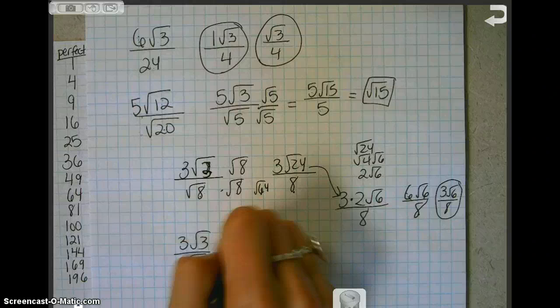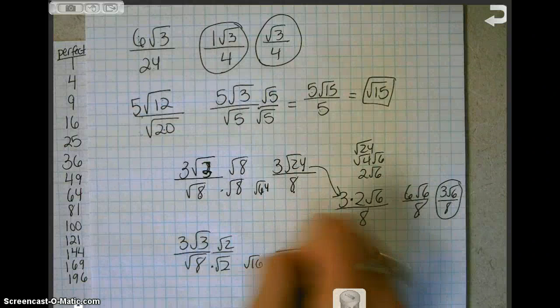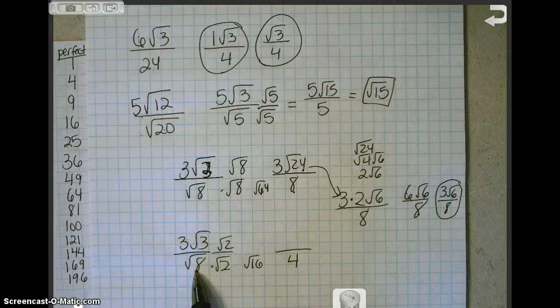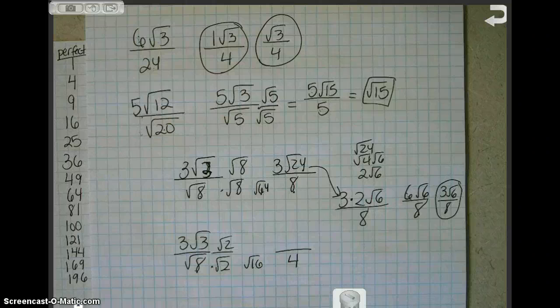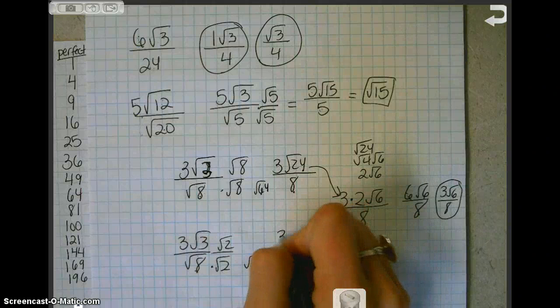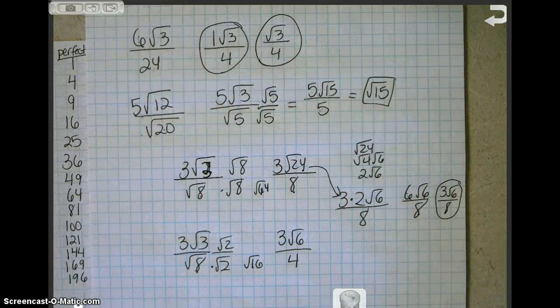Multiply the top by the same thing. The square root of 16 we know is 4. So again, whatever you begin with, you may have to multiply through by itself again to get to a perfect square. However, if you can multiply it by another, smaller radical and still end up with a perfect square, you can use that instead. It's not mandatory, it's just an option. And so in the numerator, you're going to get 3 square root of 6 over 4,